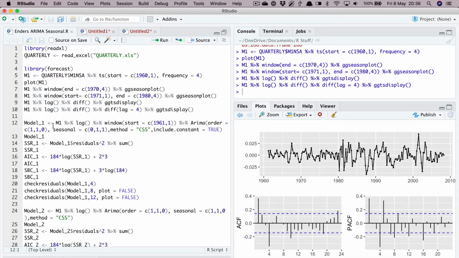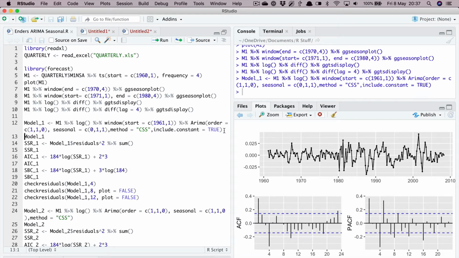So again, notice the use of the pipe. I'm calling this model 1, and that gets firstly the data, which is then logged, and then I'm restricting the start here. This is to make sure everything is over the same sample period. I've talked about this in the previous video: in order to compare models, they must be over the same sample period. And then I'm feeding this subset of data, which has been logged, into the Arima function, specifying the correct values of P, D and Q, and capital P, D and Q here, the method, and then finally this thing, which I say is not really necessary. So running that,